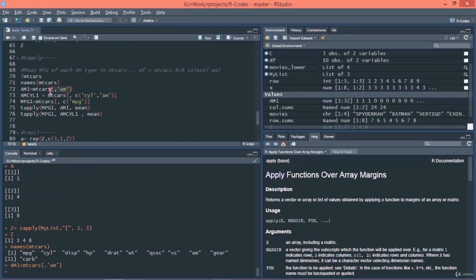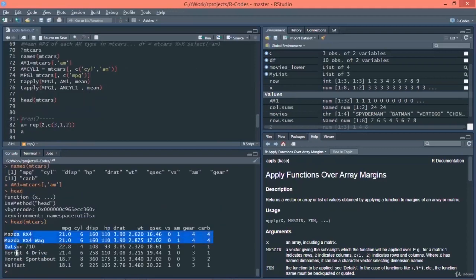You can see AM and cylinder are categorical values. How can you know that? Let's check the dataset. So what does this command do? Head means it will return the first 6 values of the dataset. Okay, so we have the names of the cars here, their MPG, cylinder, and other values. Now you can see AM is a factorial data or a categorical data. Similarly, cylinder is also categorical data, and we will be calculating the mean of MPG based upon AM, and AM